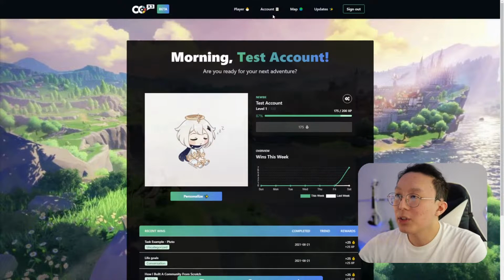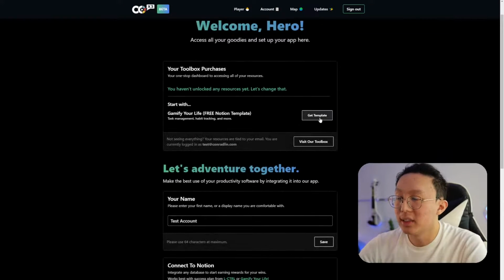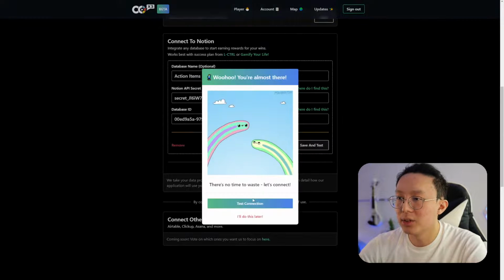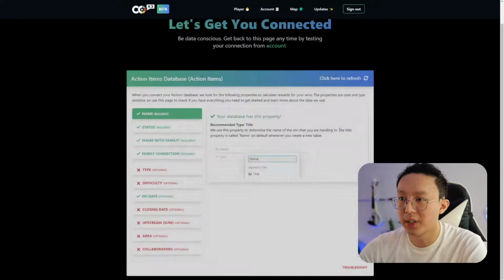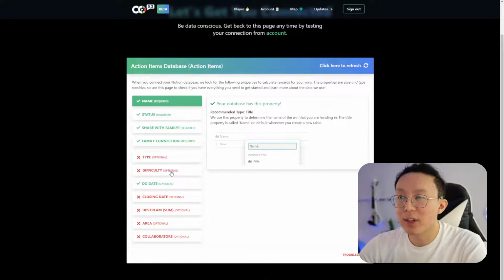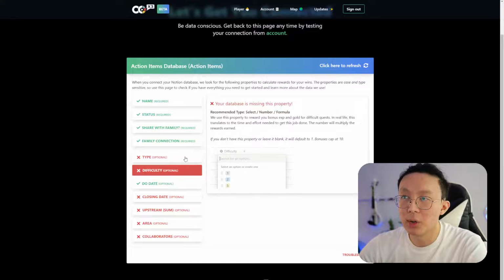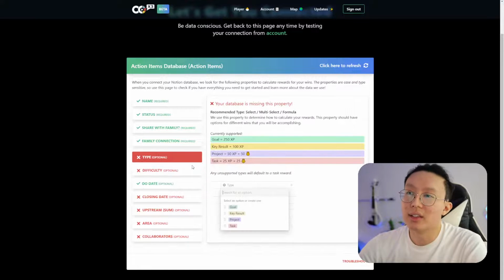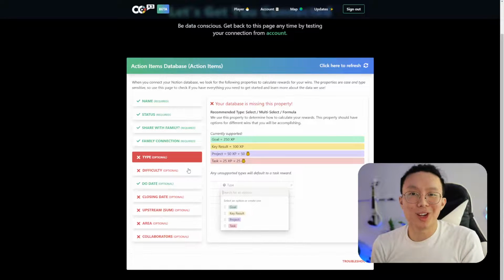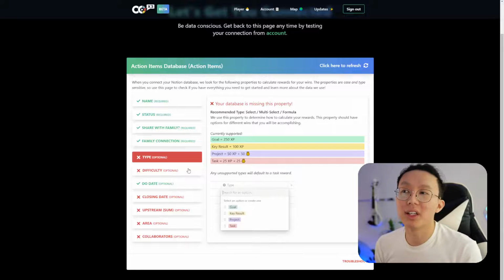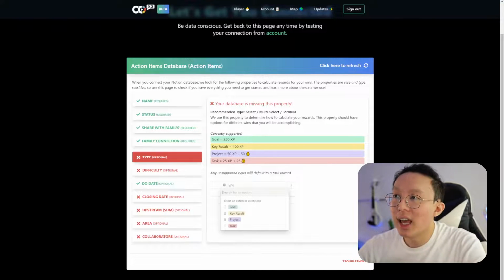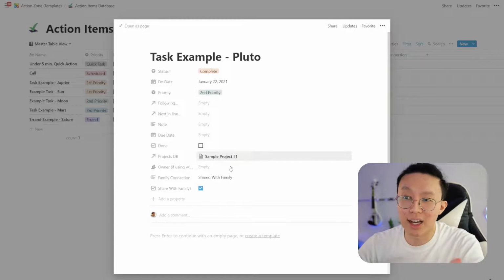So what I want to show you before we level up is the fact that we can actually also add additional parameters. So I'm going to refresh this just to make sure it works. And I'm going to show you that actually you can even show the difficulty number and type so that we can see additional data. So for example, if it was a harder task, the way that I like to use difficulty number is to show the amount of effort needed, and therefore the multiplier I should get on my experience points. So let's say I'm going to add a few things to the action item database, right?